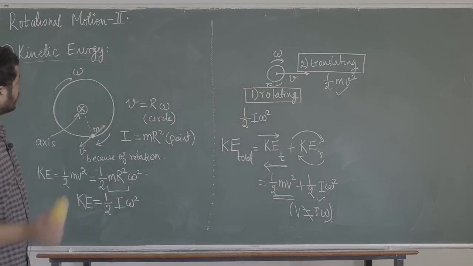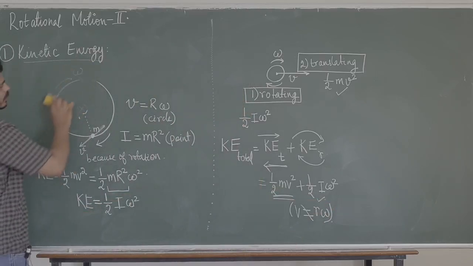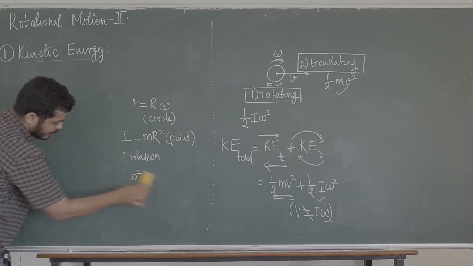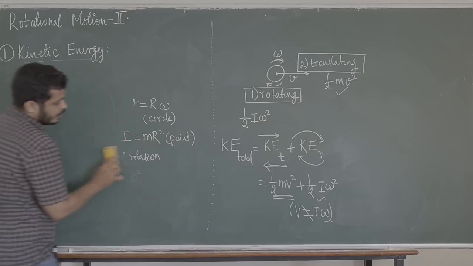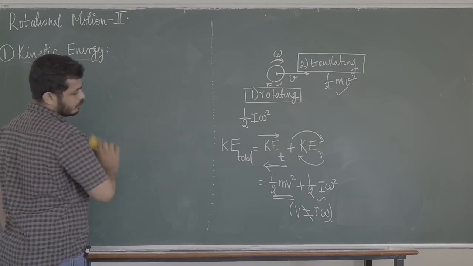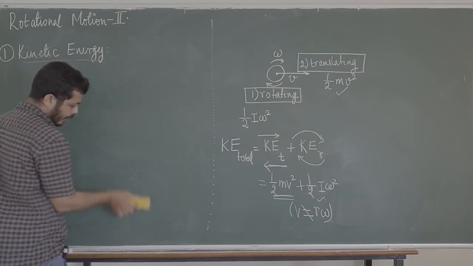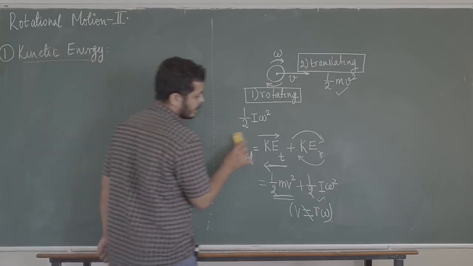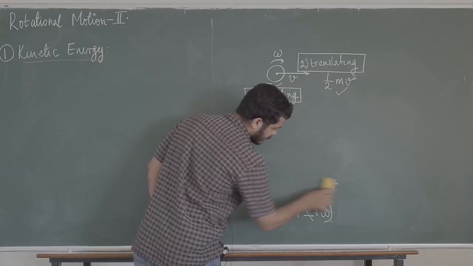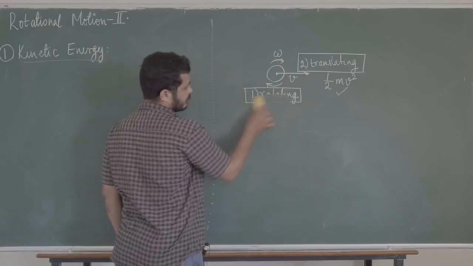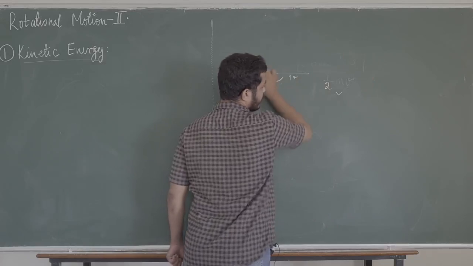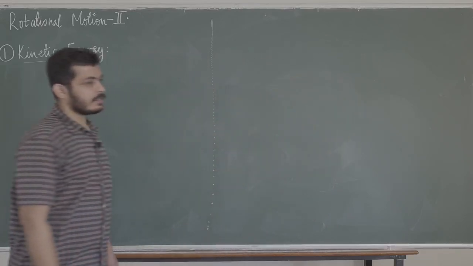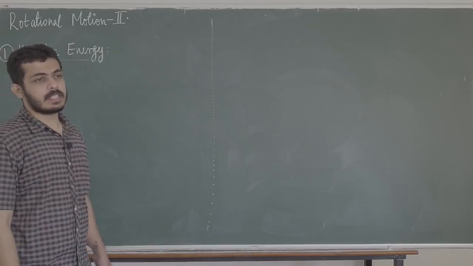Okay, let's go to the next topic. All of this comes under rotational motion 2. Rotational motion 2 is basically a bunch of topics which are based on the application of what we studied in rotational motion 1. In a book, normally you won't have rotational motion 2 and rotational motion 1. That is how I am teaching it. Basically, we divide the chapter into two parts. First part: moment of inertia, acceleration, rolling motion. Second part will deal with kinetic energy and angular momentum.